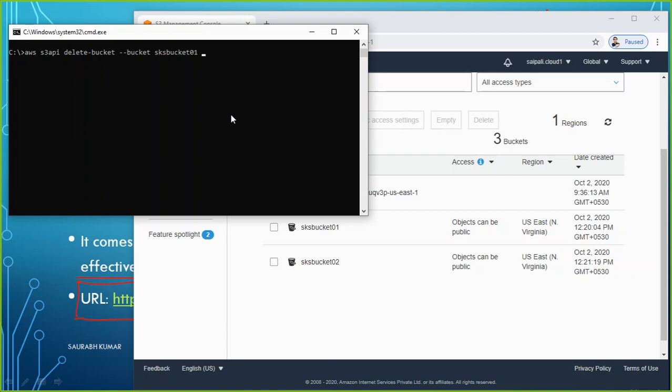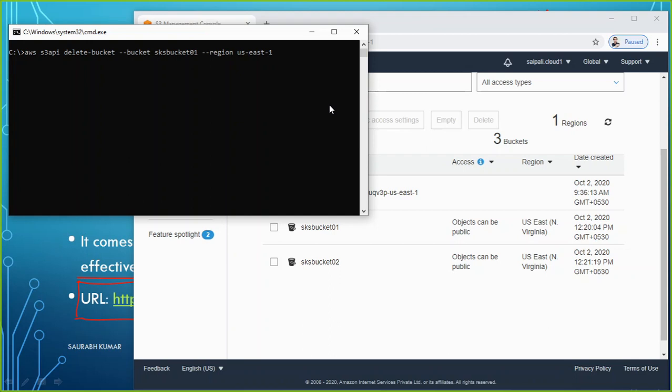Thereafter, if you are not in the same region, you remember when I was logging in to the command mode, I defined the region also. So maybe I am in the Mumbai region, and this bucket is somewhere in a different region, maybe in Ohio or North Virginia. Then I have to define the region here also: --region us-east-1.